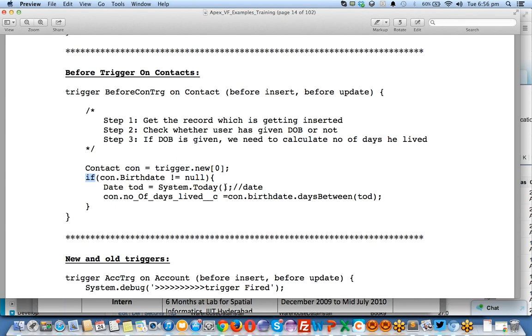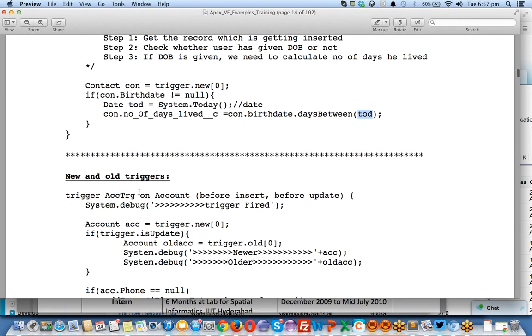Date tod equals system.today. Okay, and this is going to get the difference. Con.number of days lived, con.birthdate.daysBetween(tod). This is the current date, today's date, and it's asking for the difference between your birth date and today's date, which will show you the number of days. Days between is a simple function in the date class, which will get you the difference in number of days between any two dates. We have two dates, one is birth date, one is today, and this will show you the number of days here. Okay,